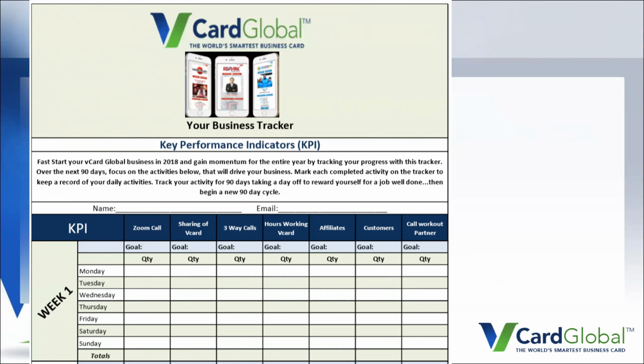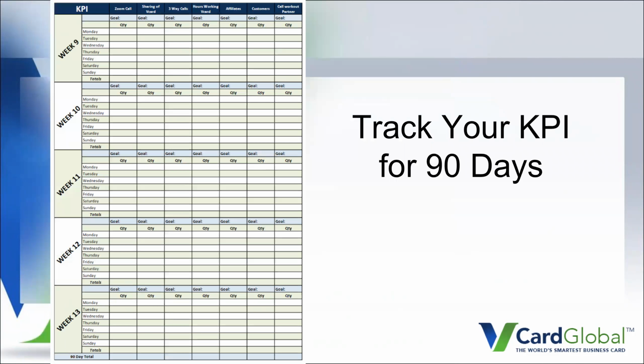Now, this is what your sheet looks like. So you have this, and there's week 2, week 3, week 4 on the first page. And this is what your last page looks like. We have an extra week there because we have 13 weeks. 13 times 7 is 91. Take an extra day off. This will track your KPIs for 90 days. So you have this list here, and you're tracking all your goals